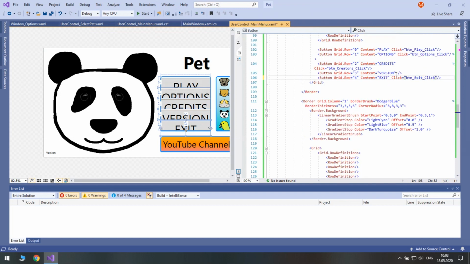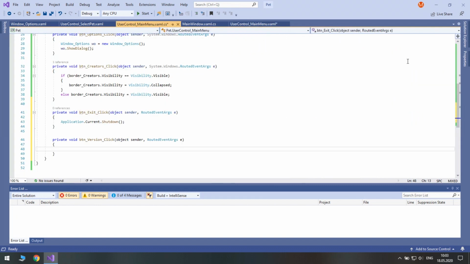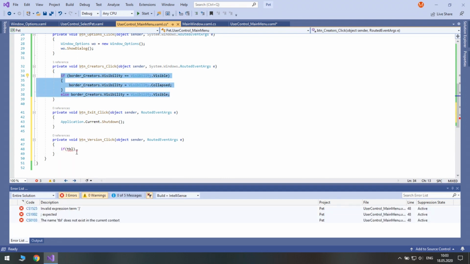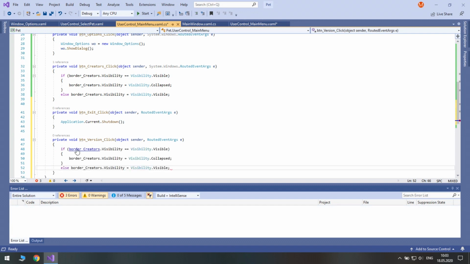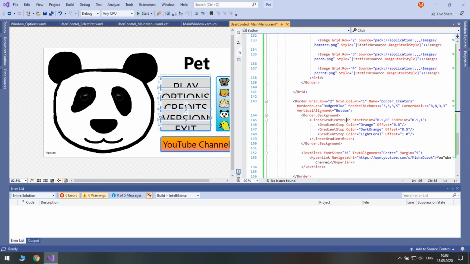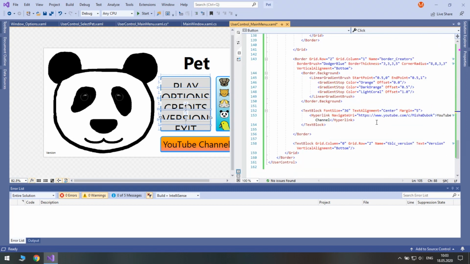Now let's create a click event for the version button. To make our hyperlink work, we need to set its request navigate event.